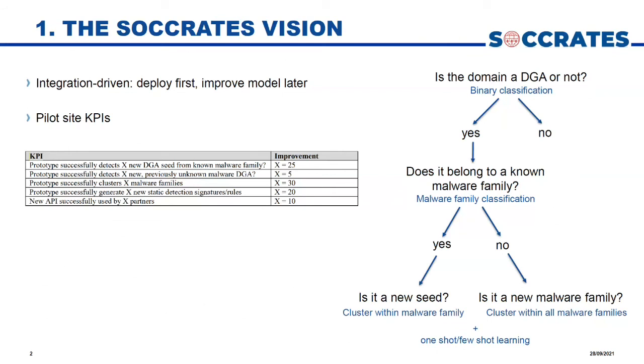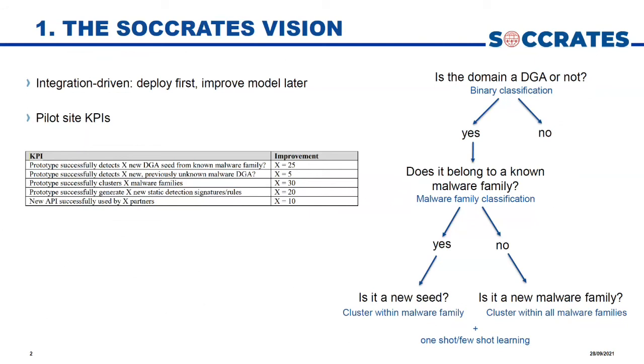And as an additional step from there, if the response is clear, if it's, let's say, an established malware family, we cluster domains to see if it's a new seed, if we recognize it at all. And if the response from the multi-class classification is inconclusive, we basically try other approaches to see if we still find matches with any of the domains we've seen so far. And the clustering part I will not discuss today because this is still quite a work in progress.